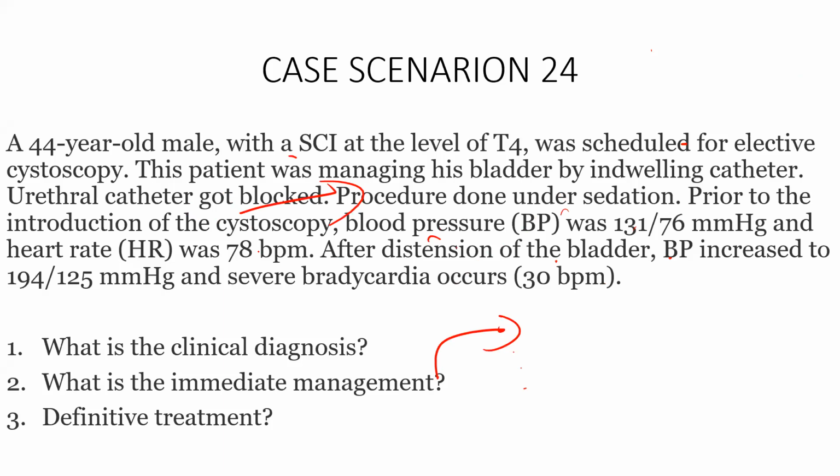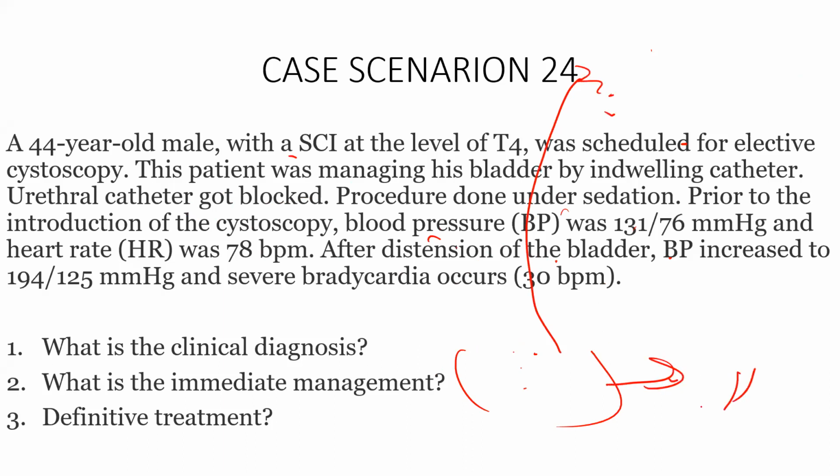Deflate the bladder. So deflate, remove the cystoscope, deflate the bladder immediately. Taking away the response which is stimulating this autonomic hyperreflexia is the first thing you do. Definitive treatment, use vasodilators, because only the unopposed vasoconstriction is stimulating the brain. So when you use vasodilators, that can relax the lower vessels, it can reduce the amount of sympathetic response which is stimulating the brain. So vasodilators like calcium channel blockers, nitroglycerin, hydralazine can be tried. So this is the definitive management of autonomic hyperreflexia.